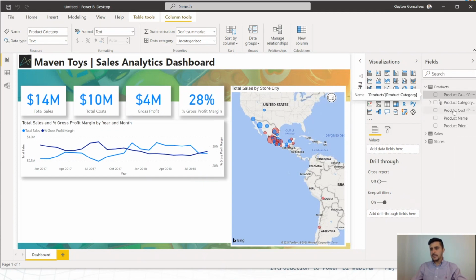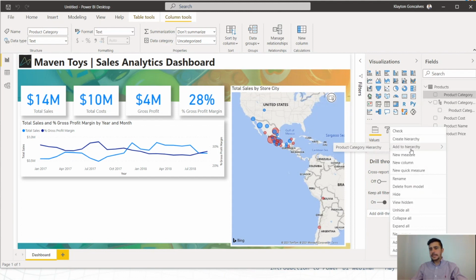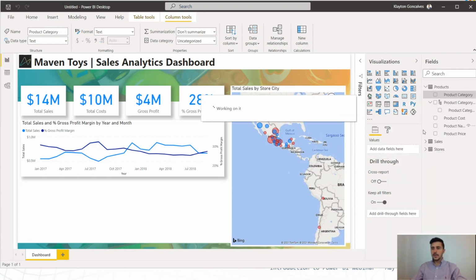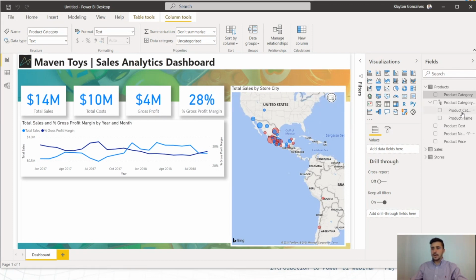So now we created a product category hierarchy here. Right now it's only got the product category. So we'll right click on product name and say add to hierarchy. And if we had multiple hierarchies, it would give you the option here which one you want to add. But because we only have the one, we'll choose that one. And now we can see that our product category hierarchy has the category and the product name, which is what